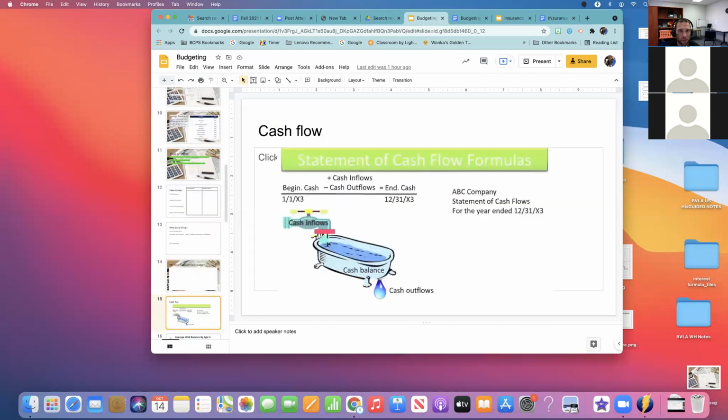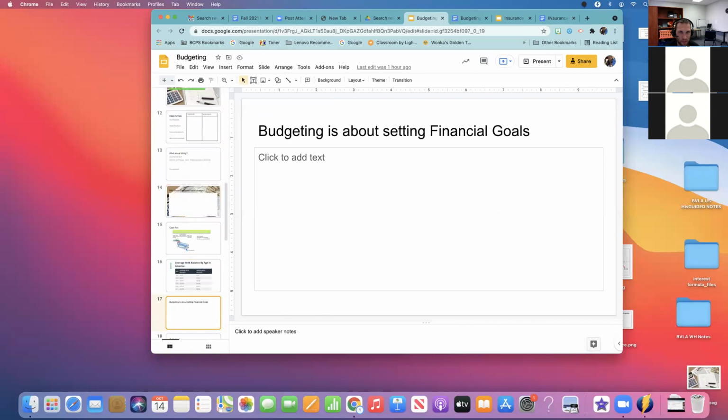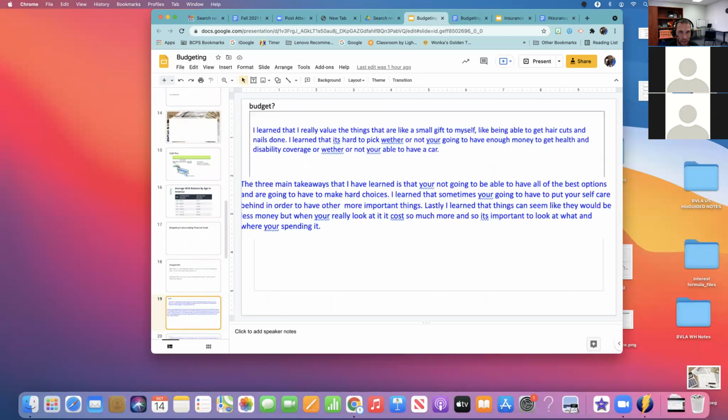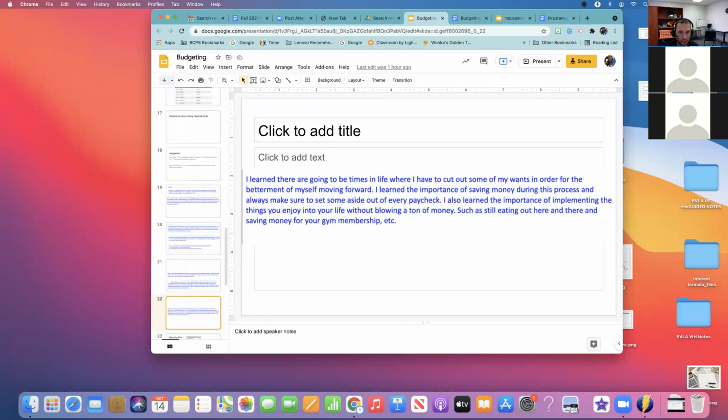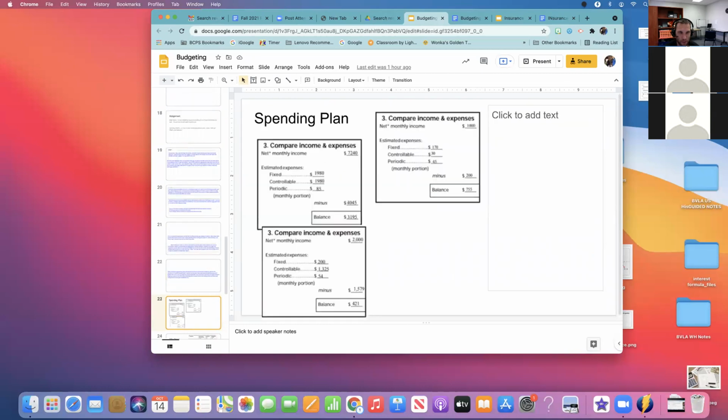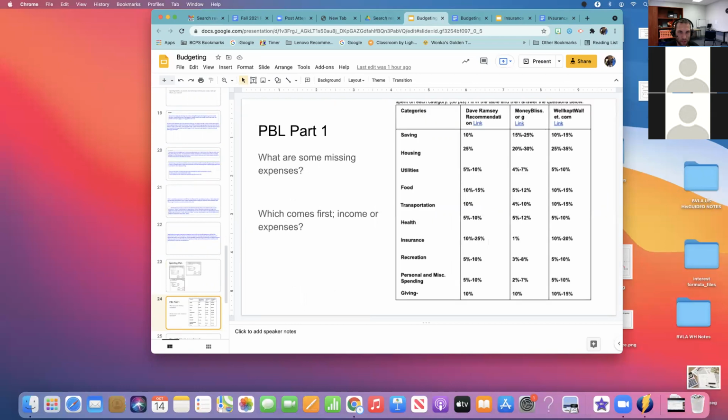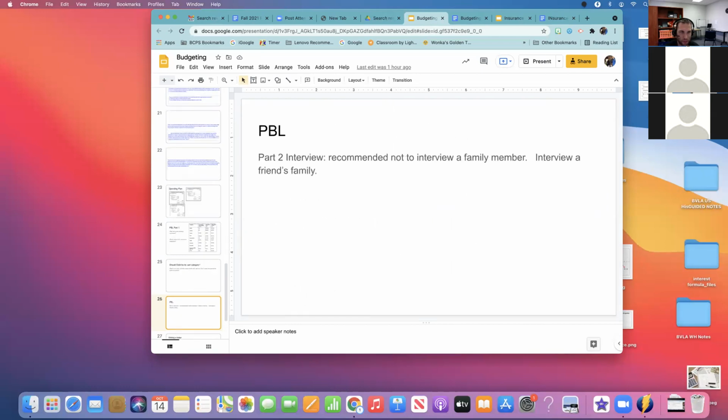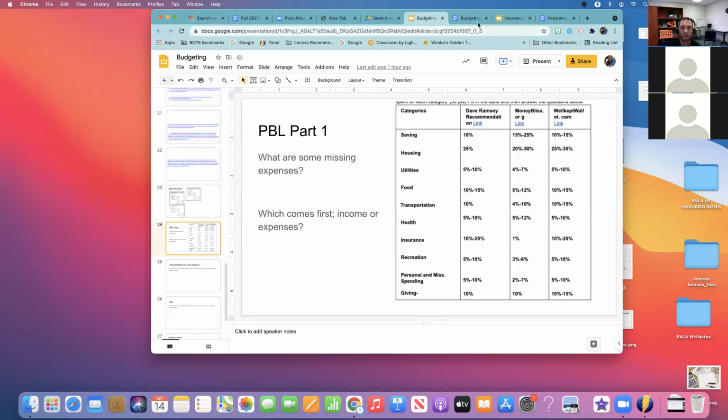And we talked a little bit about cash flows. I'm going to go into that a little bit more today. And we had the bean assignment, which talked about scarcity, and we had the spending plan, which talked about matching up your income and your expenses. And then we had the project-based learning.